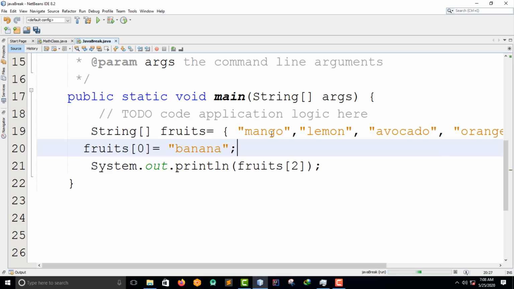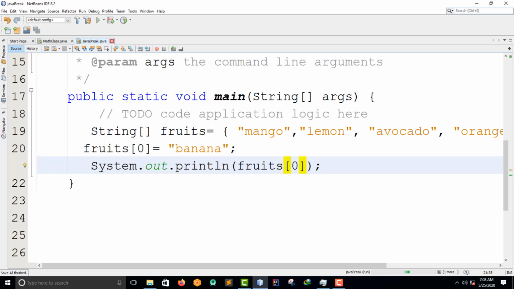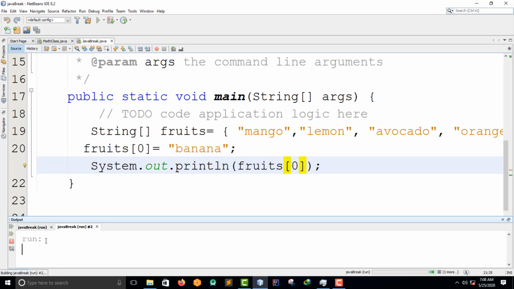I come down here and say system.out.print, and this is the first index, right? Yes, we have banana. So guys, what we have done here is just change the first index to banana.